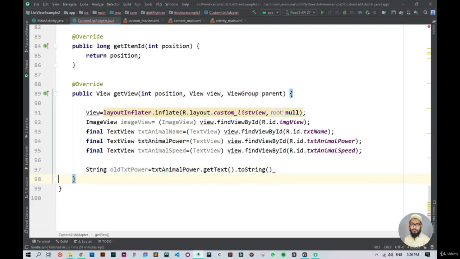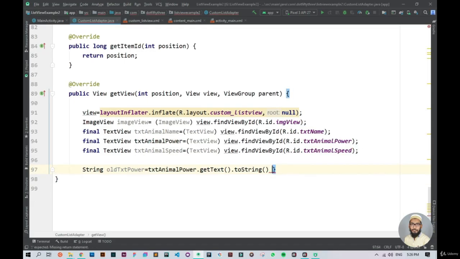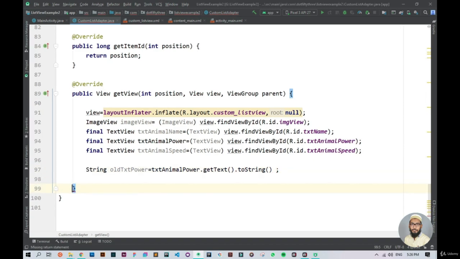Okay, let me remove this space from here. Okay, so now let me do the same for the speed as well. I'll say string